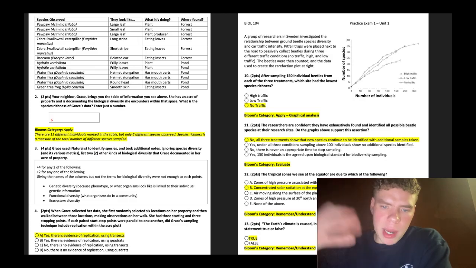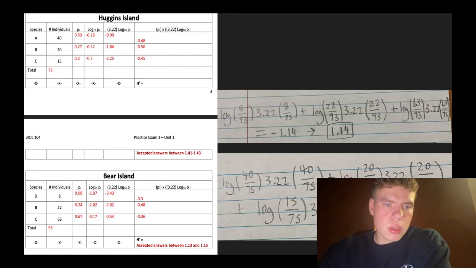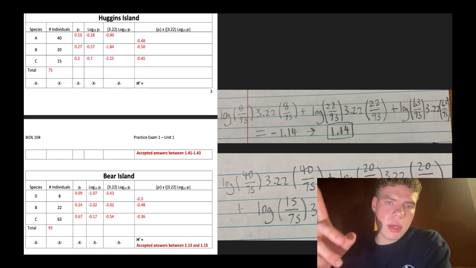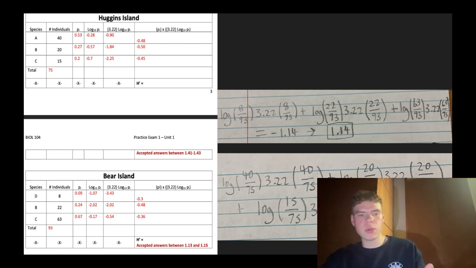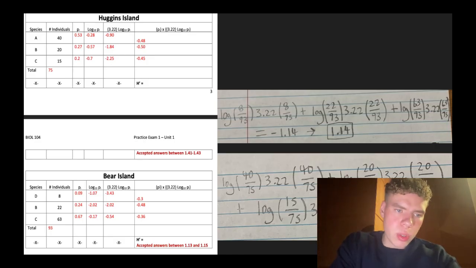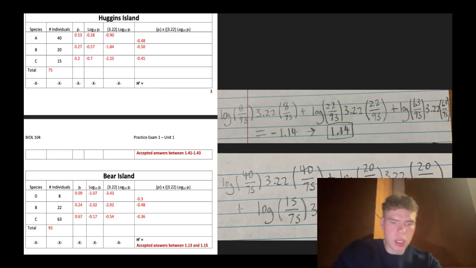And then I'm assuming with these bottom questions you can't see with my face. This goes back to the Shannon-Wiener index, however you want to say it. We have our question here on the left, which is basically the number of individuals, the total number of individuals, and it tells you on the left here the correct Shannon index. So for the first one, for Huggins Island, the correct Shannon index is 1.41 to 1.43. And for Bear Island, the correct Shannon index would be 1.13 to 1.15, and it gives you all the number